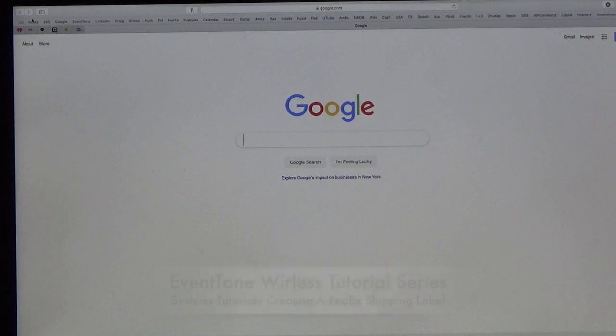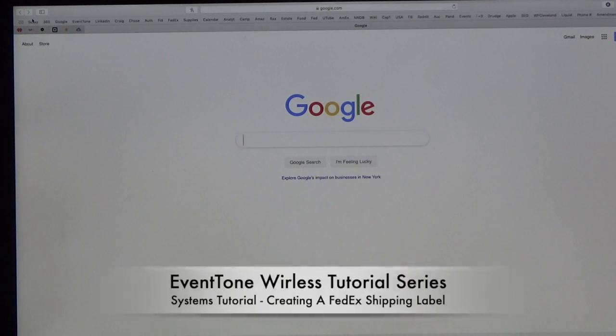Today we're going to cover training for more internal procedures. This one is how to write up a FedEx shipping label. EventTone Wireless uses FedEx exclusively as its main shipper for a lot of reasons. So we write up quite a few shipping labels every day. So we're going to take a moment to do a quick training video on how to write up a FedEx